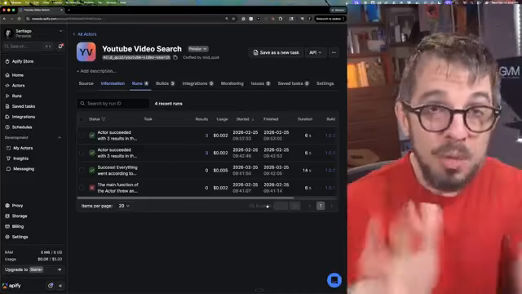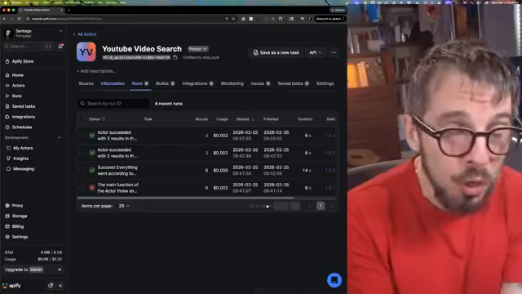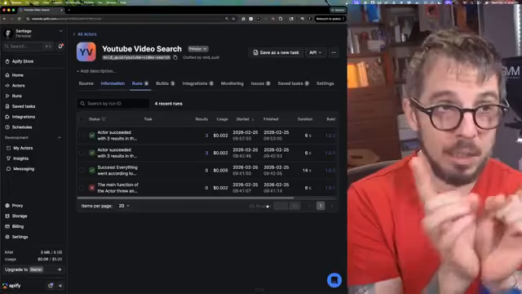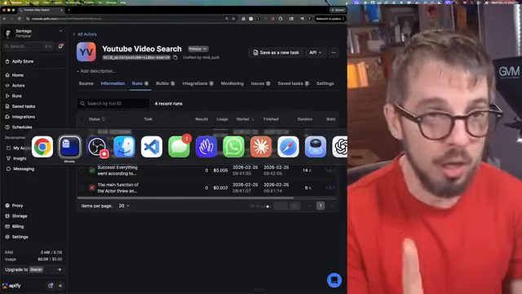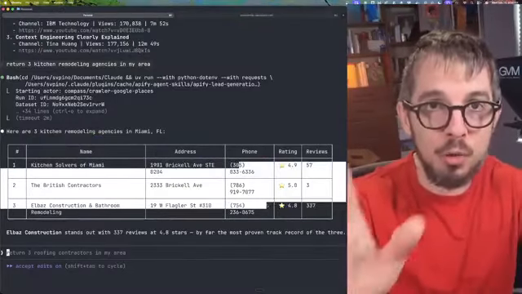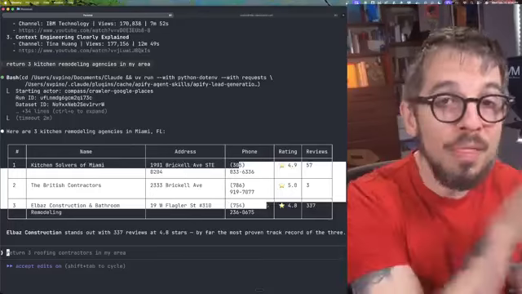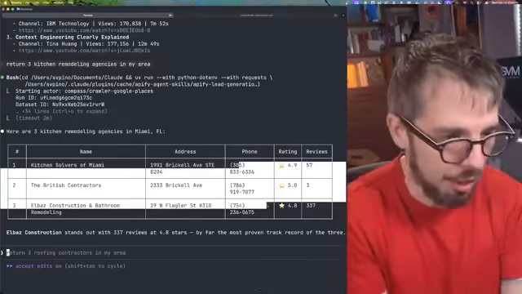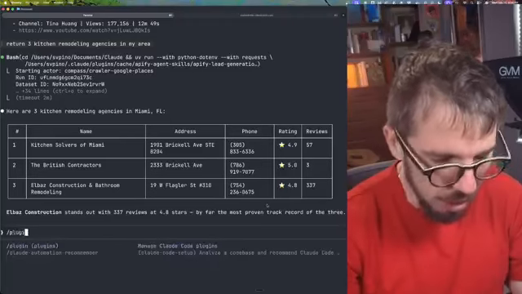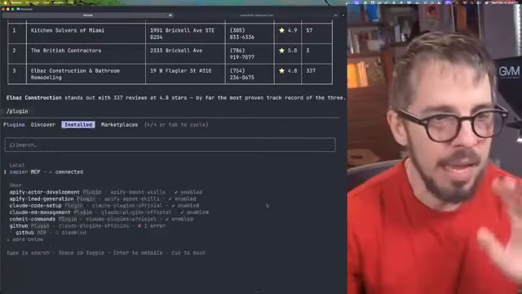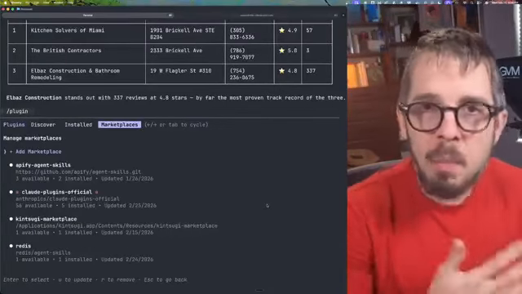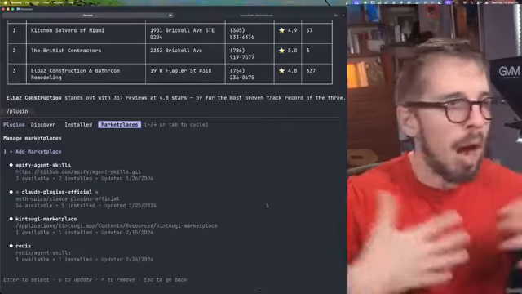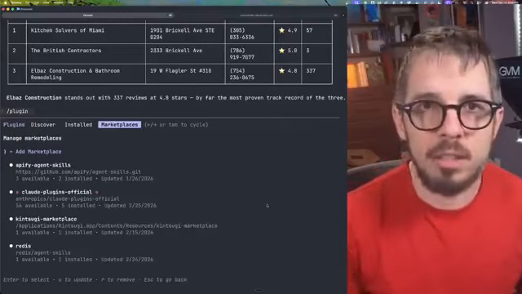Now, what you can do with Apify is pretty crazy, especially how easy it is to install in Claude Code. First, let me show you what you need to do, and then I'm going to give you the big reveal. I'm going to show you the big trick here. First of all, if you're using Claude Code, just go to plugins, and you can install a marketplace. A marketplace here is people who are publishing a bunch of skills for Claude Code.